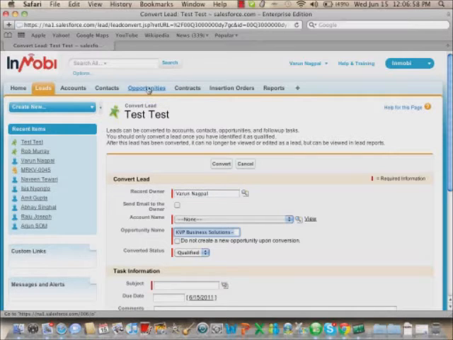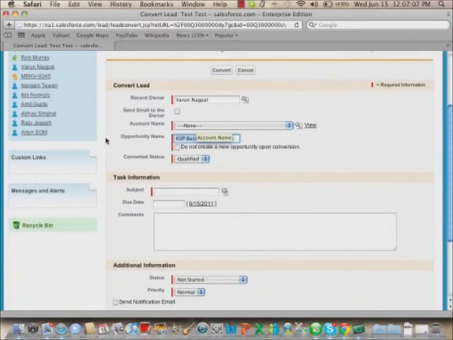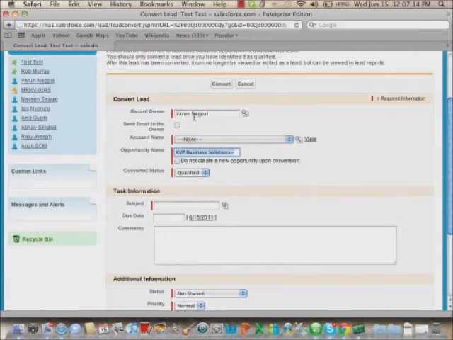So in your account, you'll have all the company related information getting stored. In a contact, you'll have that individual whom you have spoken with. So that particular individual gets stored in here. And opportunity is what you're creating in here. So that gets stored into the opportunity, right?